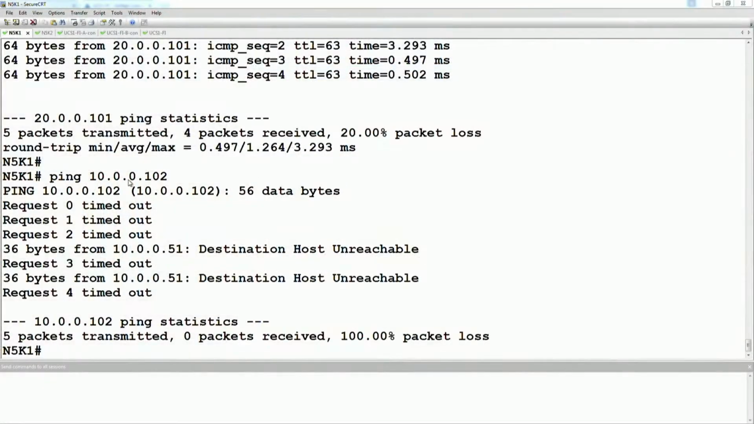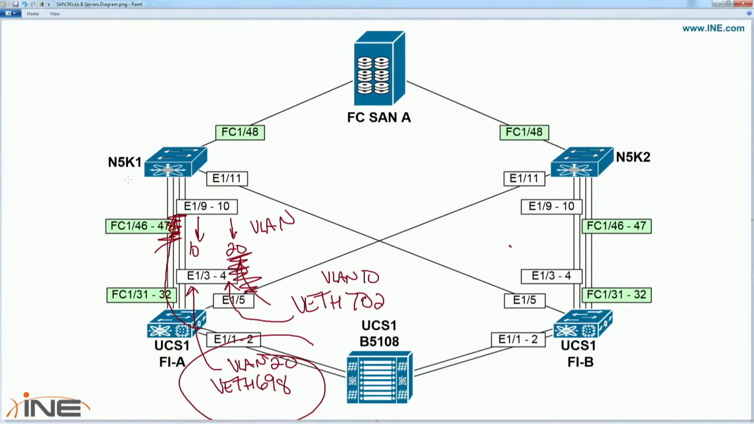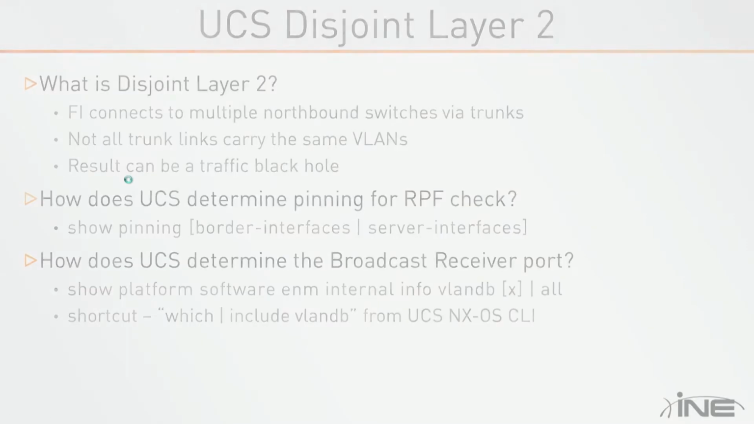Okay, so if I was to go to the 5Ks and just trunk both VLANs both directions, this would never be an issue. Okay, or if we think about this from a larger design point of view,